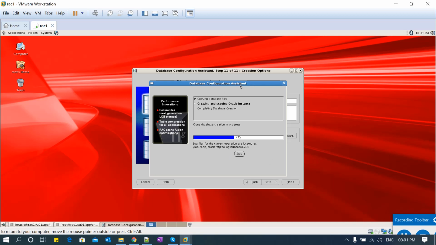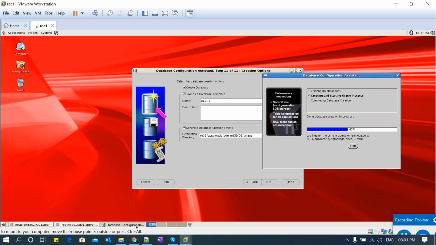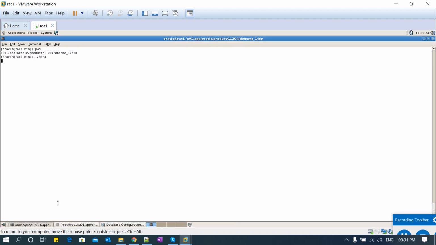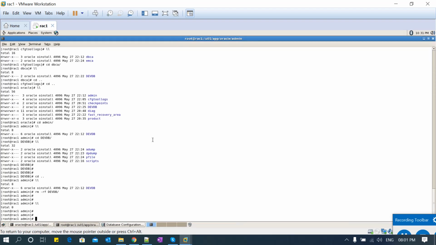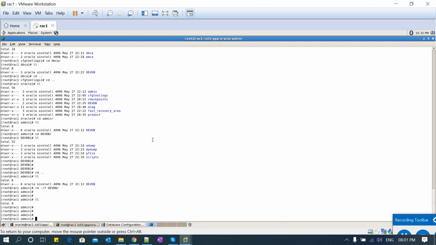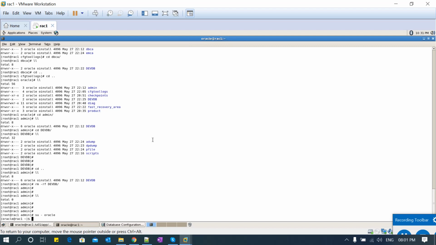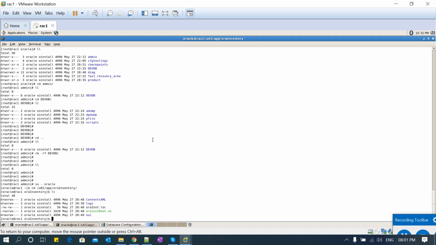There is another way of monitoring. There is a log file, you can always monitor it, and then you will get to know what it is doing internally and what is happening.